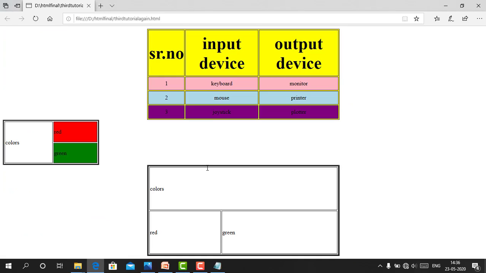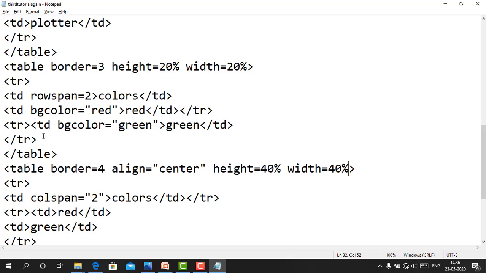F5. Okay, we want color in the middle, red in the middle, and the green should be in the middle. Okay, so set TD align equals to center, double quote complete.